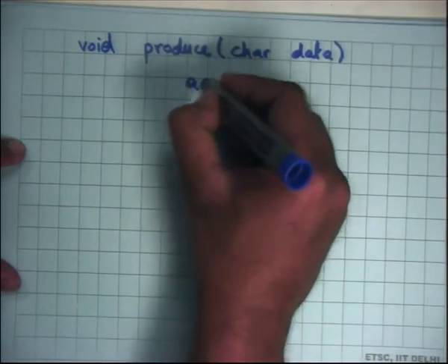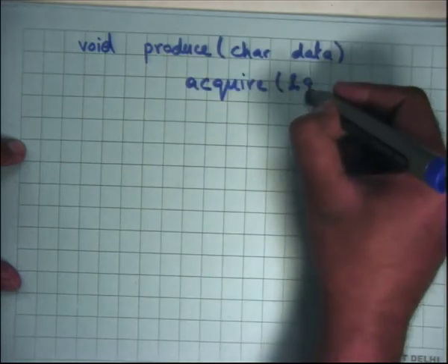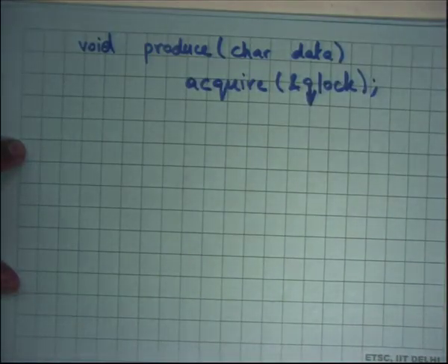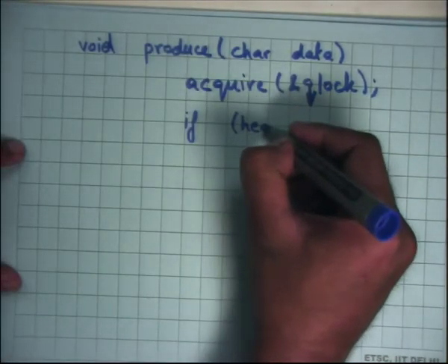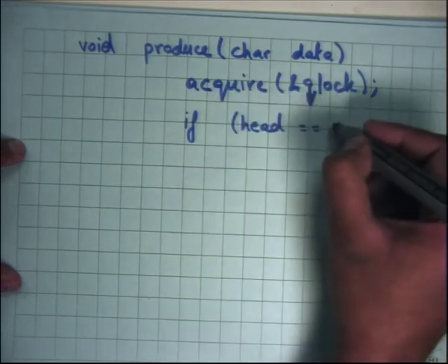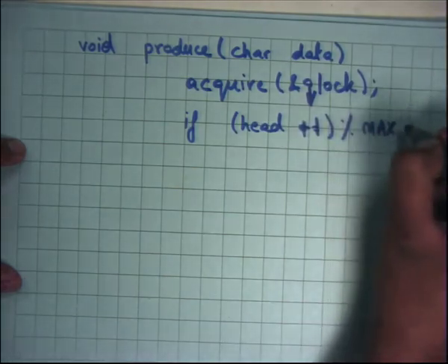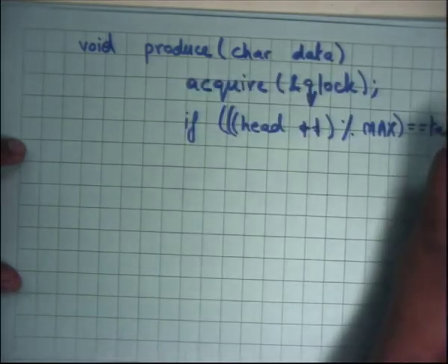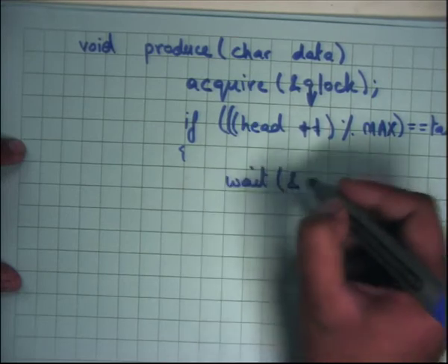I am going to say acquire, let us say I have a lock called q lock, right, and then I say if head is equal to tail, head plus 1 mod max is equal to tail, then wait on not full,